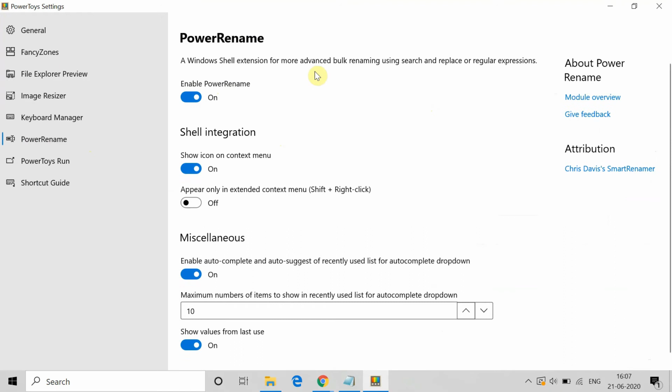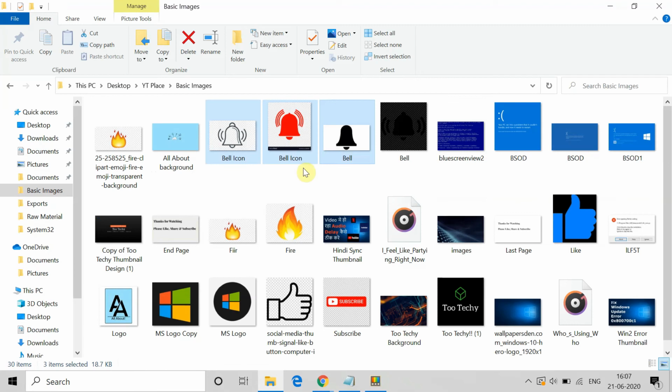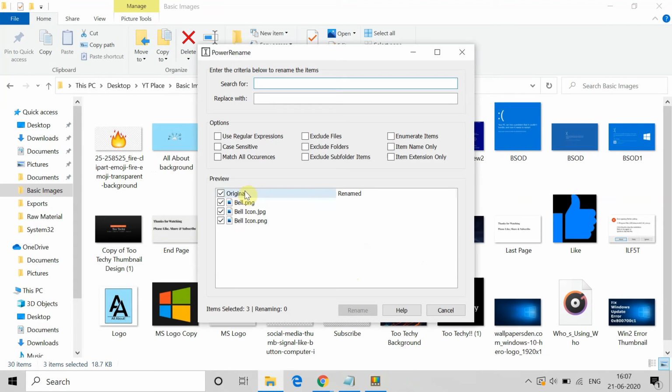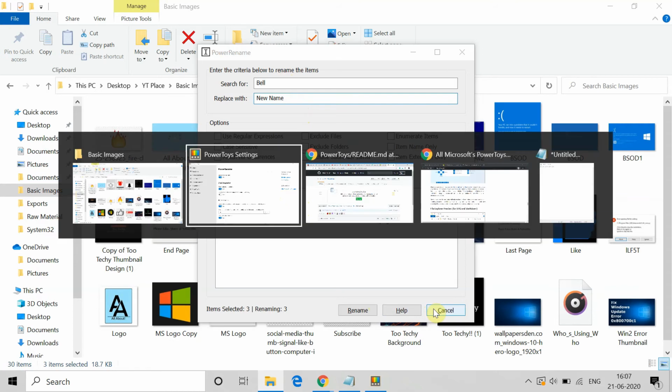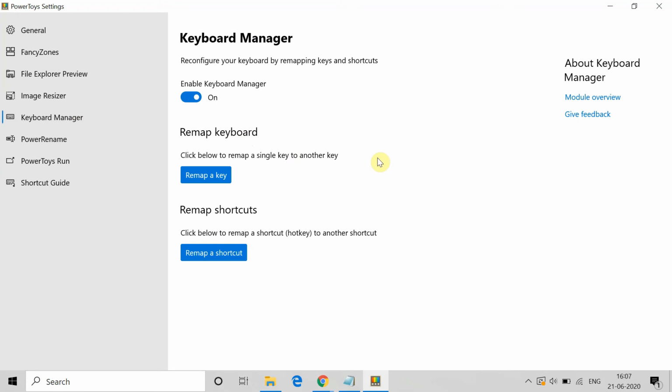And also this PowerRename. So PowerRename, how it can be useful. We will use the same example. So here there are 3 images and I am going to use this PowerRename, so I can rename them at once. I don't have to go there and right click and go to rename. Just type bell and you can see I'm giving the new name. So I'm going to replace this bell with the new name, and for all the 3 images it's going to change. So like that I don't have to go every time and right click on it and go to rename. You can use this directly. So this is also useful and it also makes your work much faster.